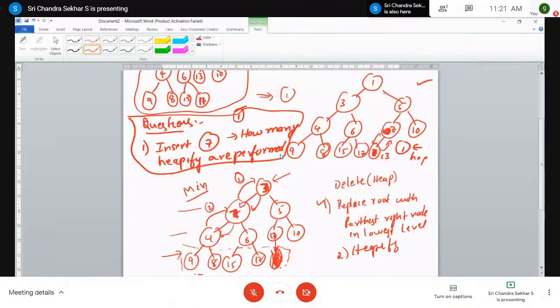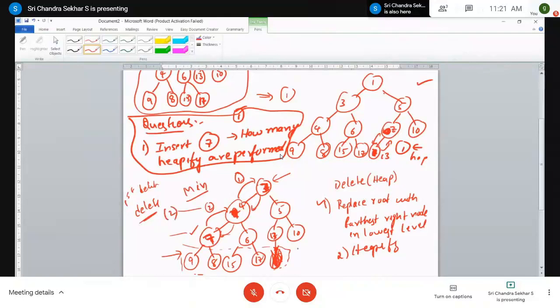Therefore this element becomes 4 and this becomes 7. Right. Now it is satisfying. 4 is less than 7 and 6. Satisfied. Now you go to this. 7 and 9. 7 is less than 9 and 7 is less than 8. Therefore, it is satisfying the heapify or heap order property. In such case, if you want to perform a delete operation, first delete operation, right? It is the first delete operation. How many heapify operations you have performed? That is 2.